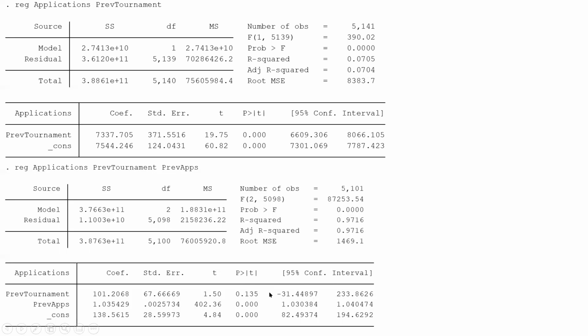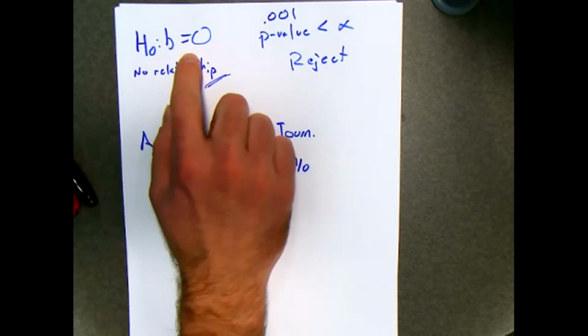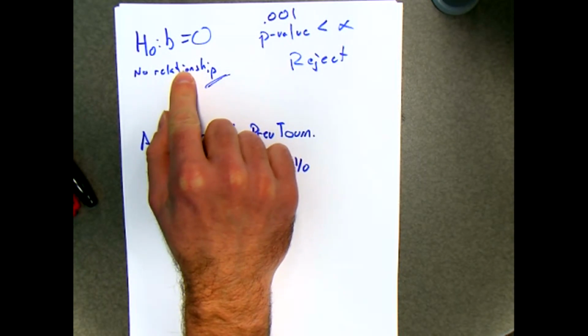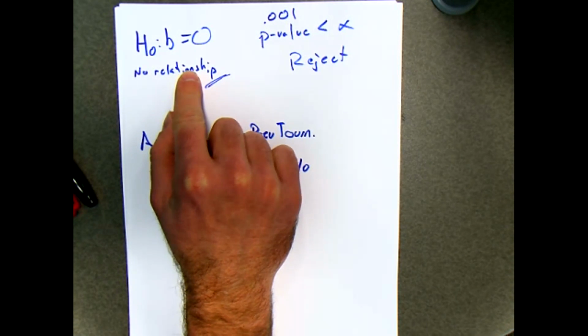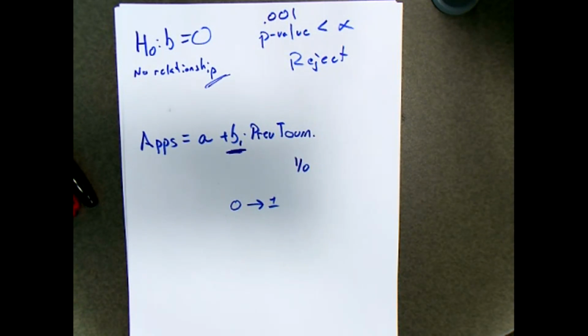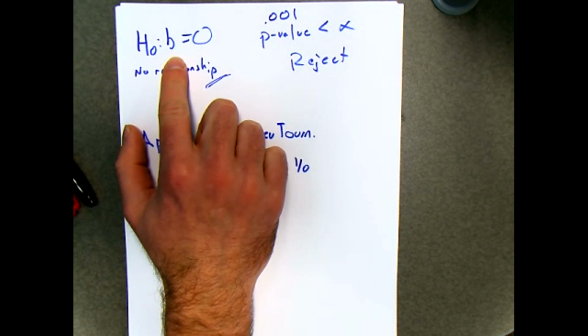A p-value of 0.135, we couldn't technically reject the null. So if we can't reject the null, we can't reject that there's no relationship. So we can't really say that that relationship is anything other than that assumed true value of 0. However, this is where,